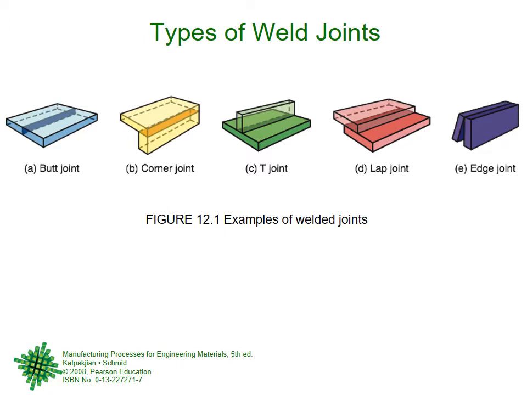Corner joint is very simple, right? This plate is in a horizontal position, this plate is in a vertical position. The joint in each one of them is the darker shade. So the joint, the darker yellow, is on the corner, right? The corner of this one and the corner of this one. So this type of geometry or configuration is called a corner joint. This is a T joint, right? This is one plate, the other plate is coming and forming a T, right? This is like a T. So this is a T joint.